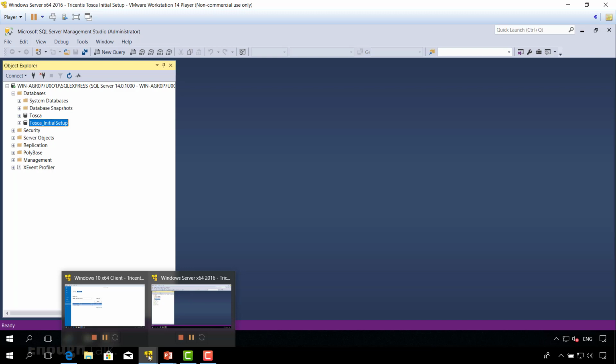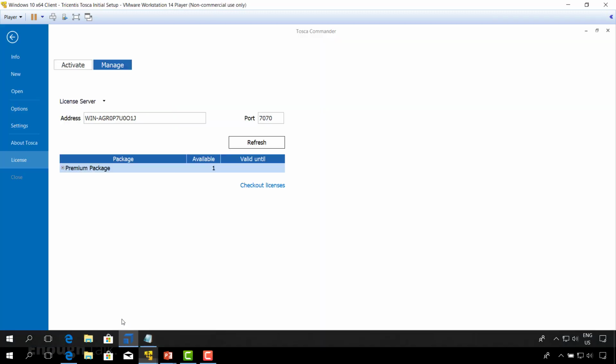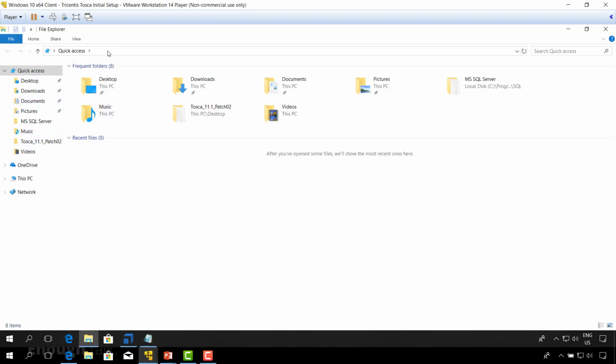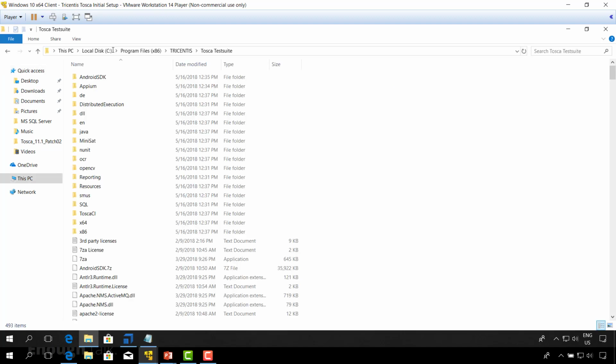So in that case, we have to go back to our client virtual machine and we go to the Tricentis home installation directory. Here in the SQL directory,